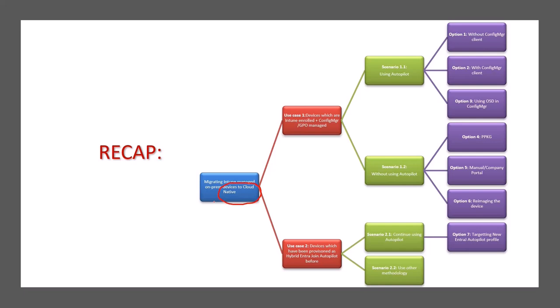What is cloud native? Cloud native is a device which is Azure AD joined and Intune enrolled. Now, if we want to get to cloud native, possibly we are either here or we are here. If we are here, that is, our devices are hybrid Azure AD joined, Intune enrolled and managed via GPO or Config Manager, then we can get to this state by using one of the options in scenario 1.1 or